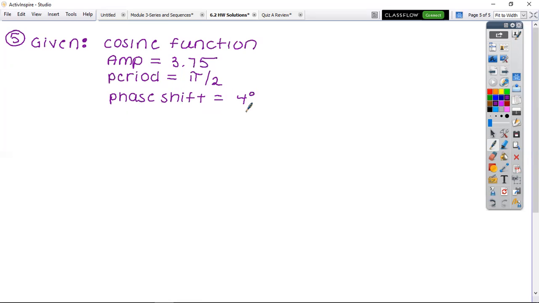The easiest one to change is probably the period. So pi over 2 is equal to what in degrees? 90, yep. Okay, let's do the whole thing in degrees. So we're going to start with our cosine function. We're going to say f of theta equals, start with your amplitude, it's the easiest. What goes in front of the 3.75? Plus or minus, yep. 3.75 cos instead,